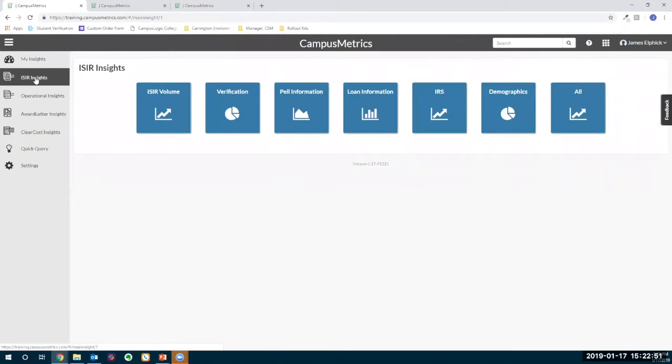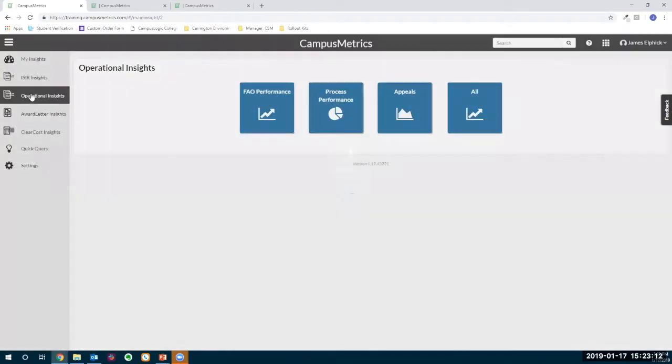Any ICERs that are loaded into Student Forms will be automatically aggregated for the ICER Insights, and there are 3 insights under Pell information, which estimate Pell eligibility and are tied to a cost of attendance that you can enter and modify in settings that we will get to a little bit later as well. Moving down the left-hand side here, we also have our operational insights, and this is tied to staff and student